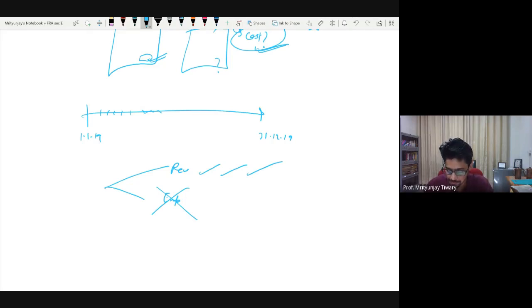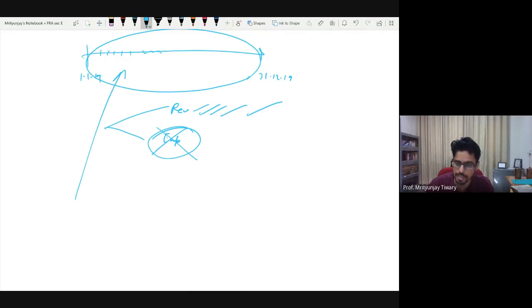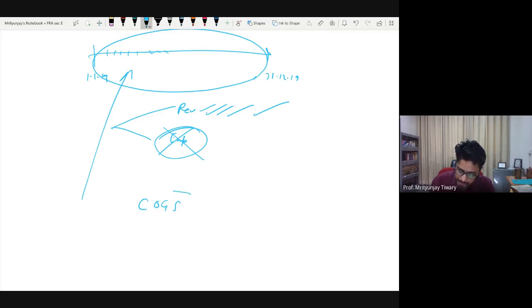Now, if we ignore this part only for convenience and never come back to it, we might be looking at a profit figure which is inflated. So we cannot completely ignore it. We need to find some way out. The way around is this: every time a sale happens, we don't record the expense part, but we record the expense part for the entire period in one go. Every time a sale is happening, finding cost might be difficult, but for the entire period, finding the total cost, that is cost of goods sold, turns out to be relatively much easier.